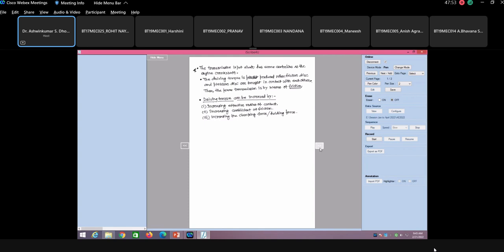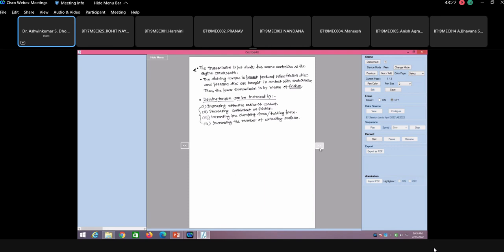The last one, increasing the number of contacting surfaces. So now if you see these four factors, the first one is the effective radius, because F into R,